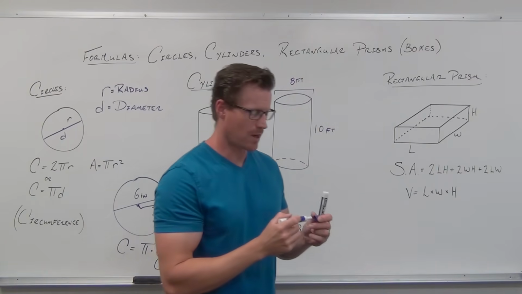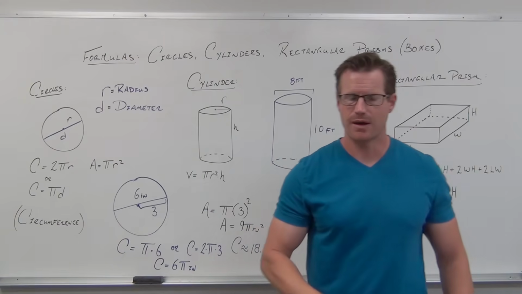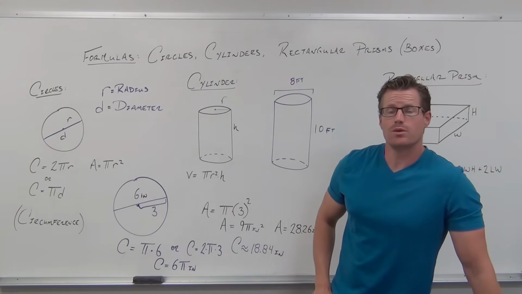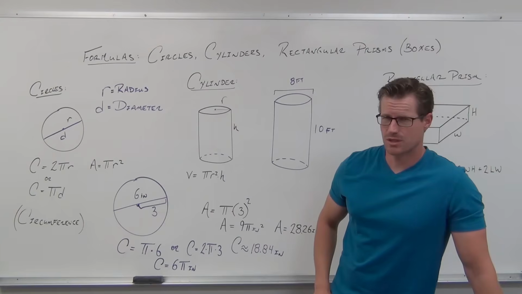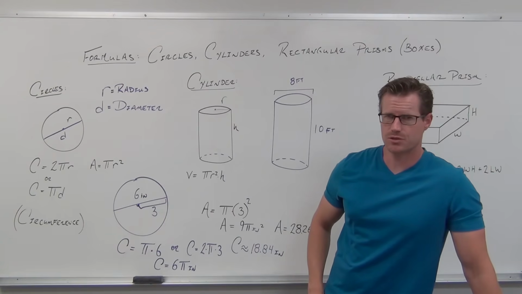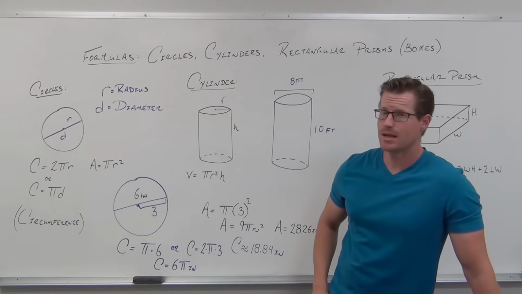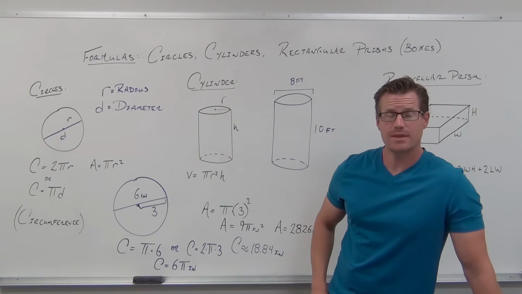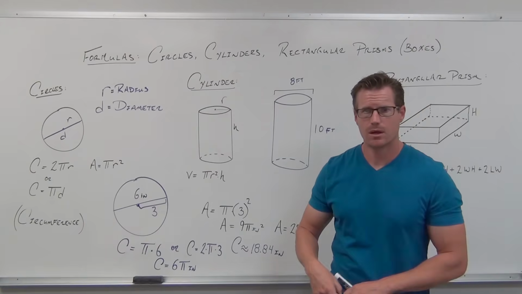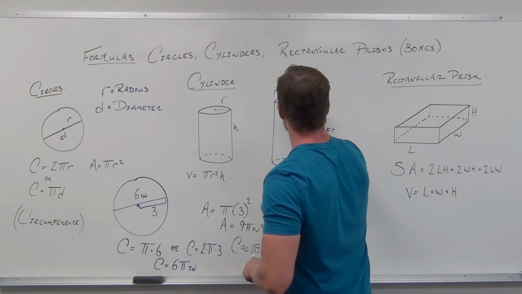I want you to do something for me right now. I want you to just take a moment, take 5 seconds, and see if you can figure out what the radius is. Because if the cylinder has to do with the area of a circle, we are going to have to know what the radius is. And it ain't 8. So what is the radius? Write that down right now. So literally write it down. So our radius would be